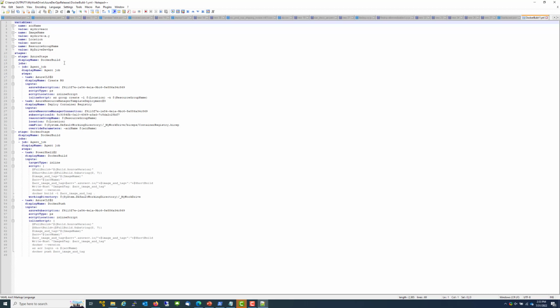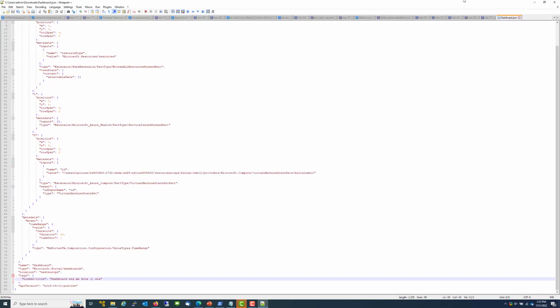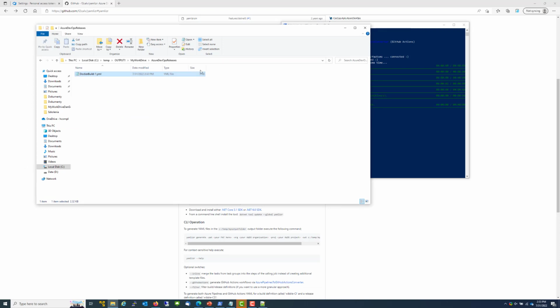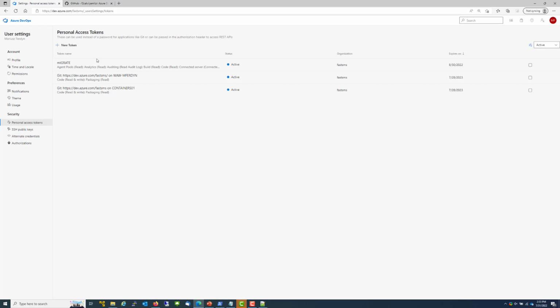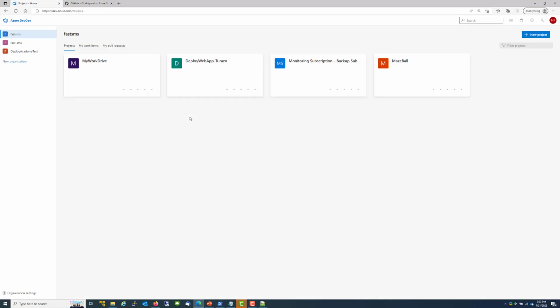And also, as I see, there are 2 stages, and the script and everything seems to be converted more or less correctly. So let's execute it once again, but with a different